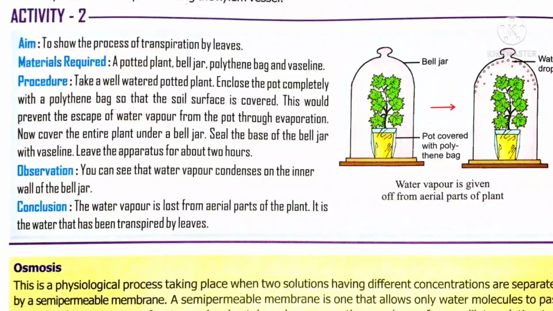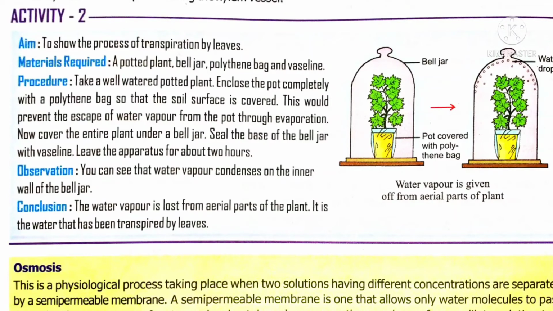Let's move on to the chapter Transport of Substances in Plants and Animals on pages 146 and 147. In the last session, we covered the portion on conduction of water and minerals through xylem vessels. The xylem and phloem vessels are called vascular tissues, in which transportation of water and food takes place in plants. There are two factors involved in the transportation of water in xylem: root pressure and transpiration pull.